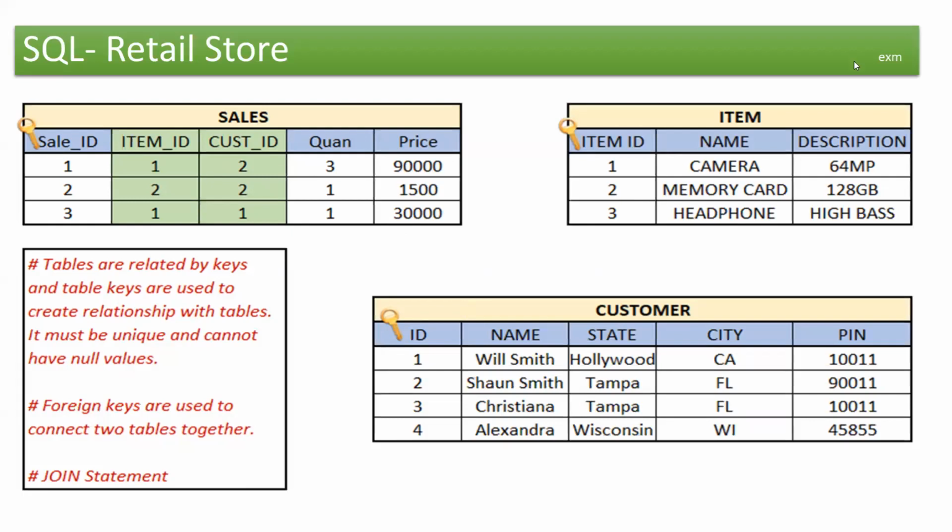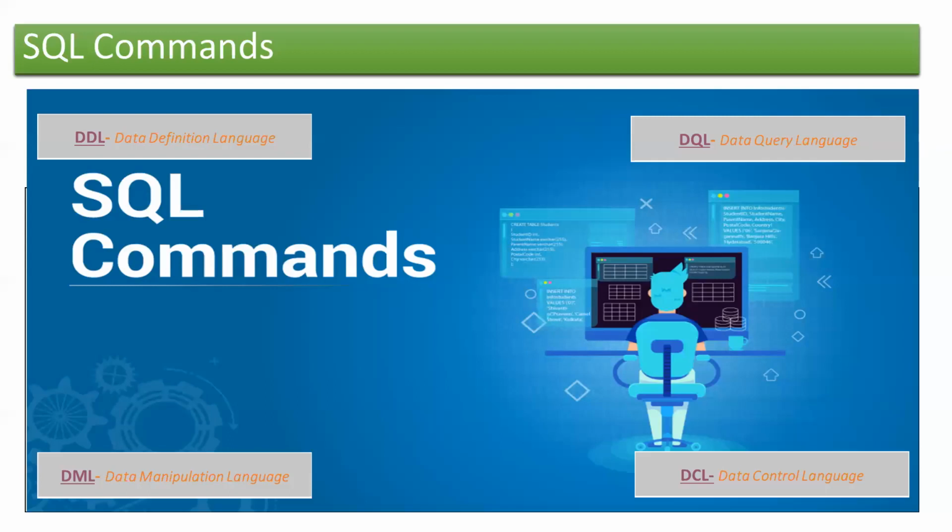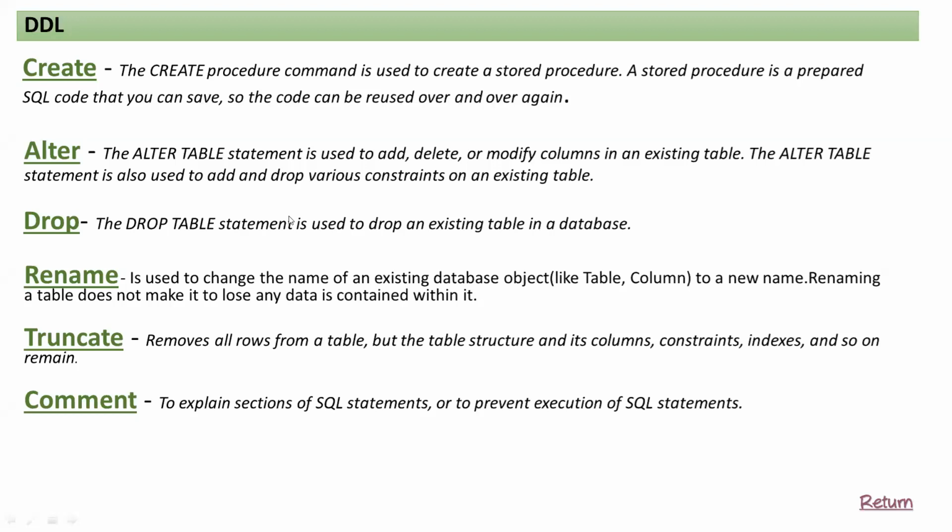So after this, let's see a few of the SQL commands. These are the commands which are basically used, and whenever we are using them, I'll also tell you. This is just for your information. The first one is called data definition language, DDL for short. In DDL, you will have commands like create, alter, drop, rename, truncate, and comment. This might not be important for us, but I'm just giving you the information so that if you're practicing anywhere or if you get to hear such things, you are able to relate what it actually is.